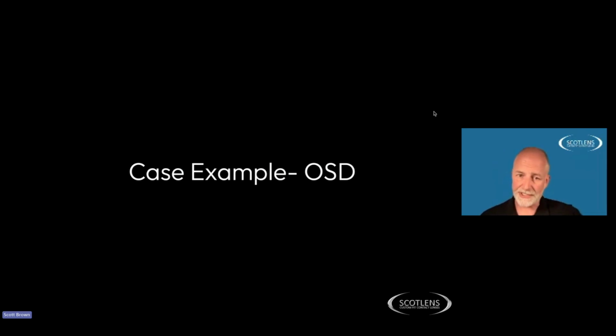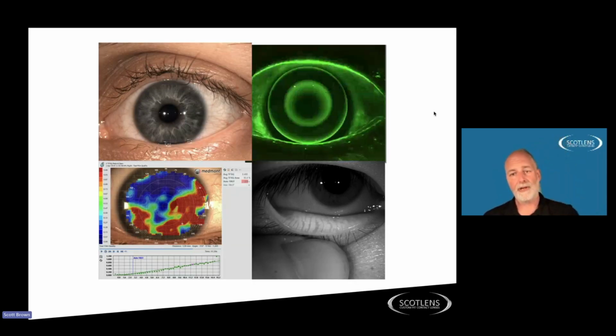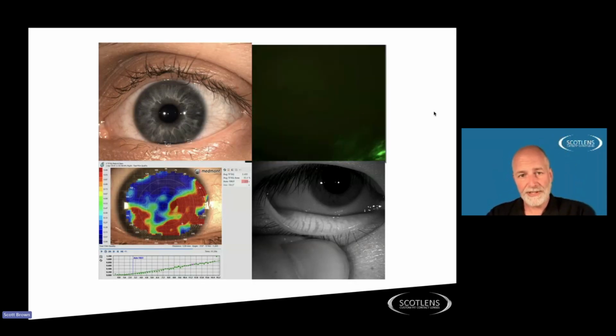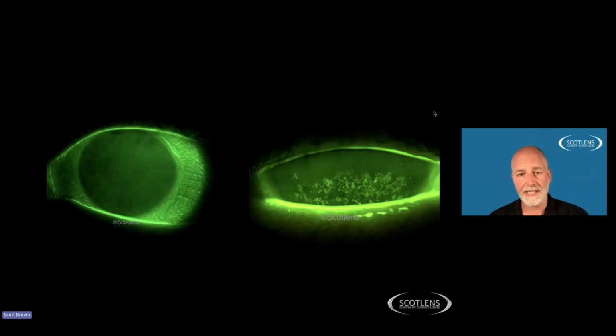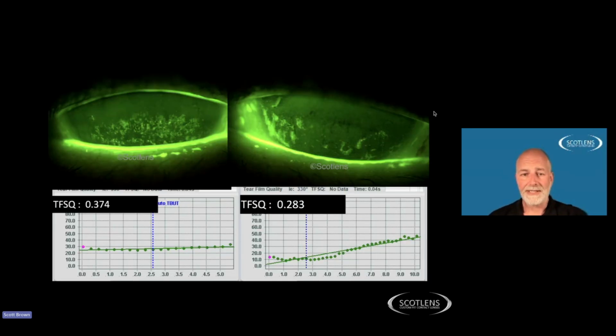Topographers sometimes also have other functions on them, so just a very quick deviation. We've usually got imagery, whether it's fluorescein or meibomian glands. This is from the amendment, it does both, but here's an interesting example where photography is very useful. If we look at a cornea, it should be like the one on the left-hand side, nice and clear, no staining. The patient on the right has got dry eye disease, they've got significant staining,